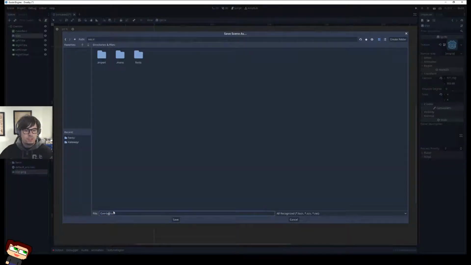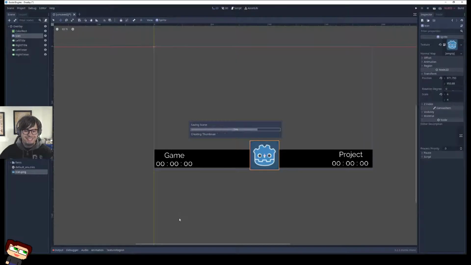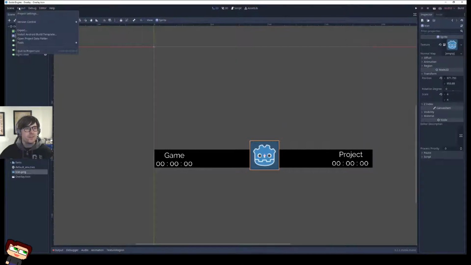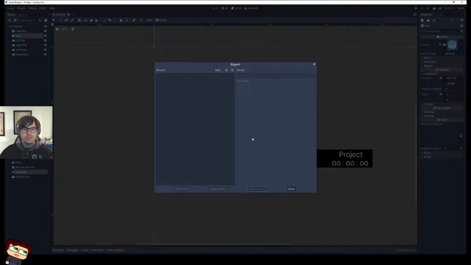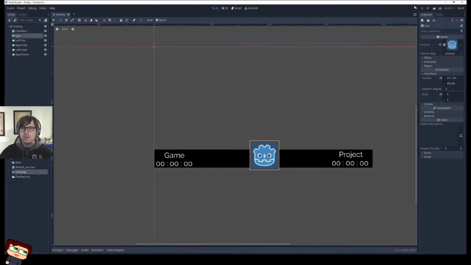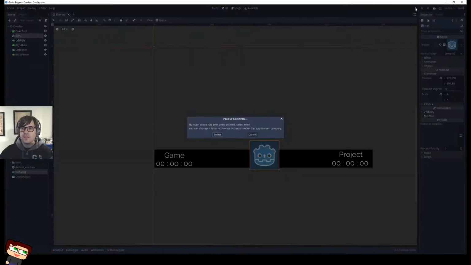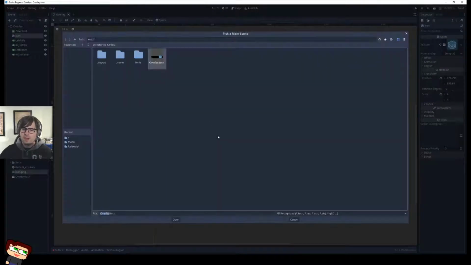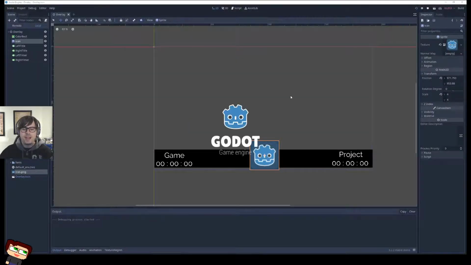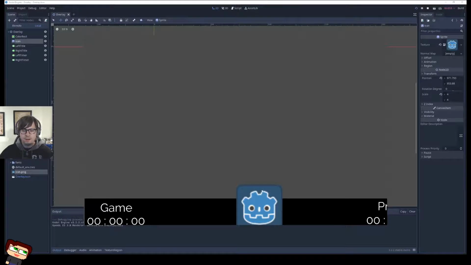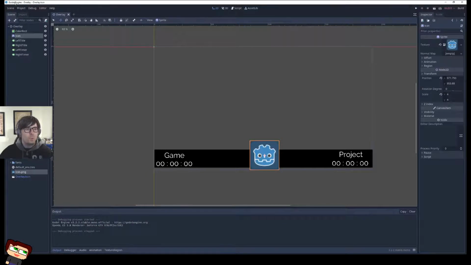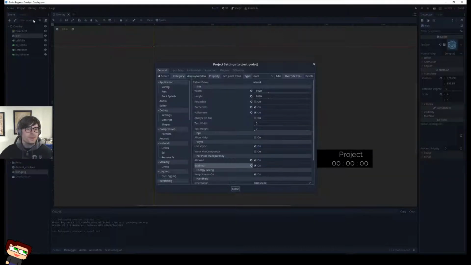We're going to call this one just overlay scene. That's cool. Project export. Let's try running it first. Play. I have not set a scene. You're right, I apologize. Look at that. Oh, yeah, that's what I'm talking about. Okay, that's way closer to where we needed it to be.